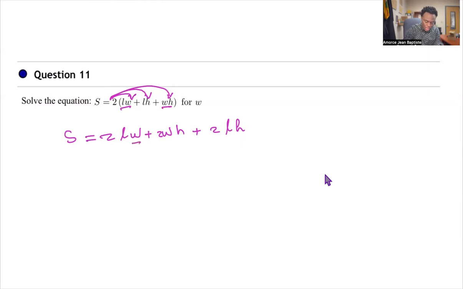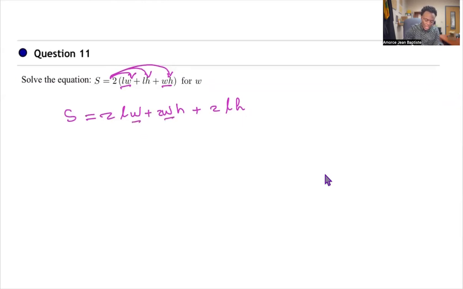I'm gonna factor that W out, but let's subtract 2LH on both sides, right? So S minus 2LH equals, I'm gonna factor the W out,